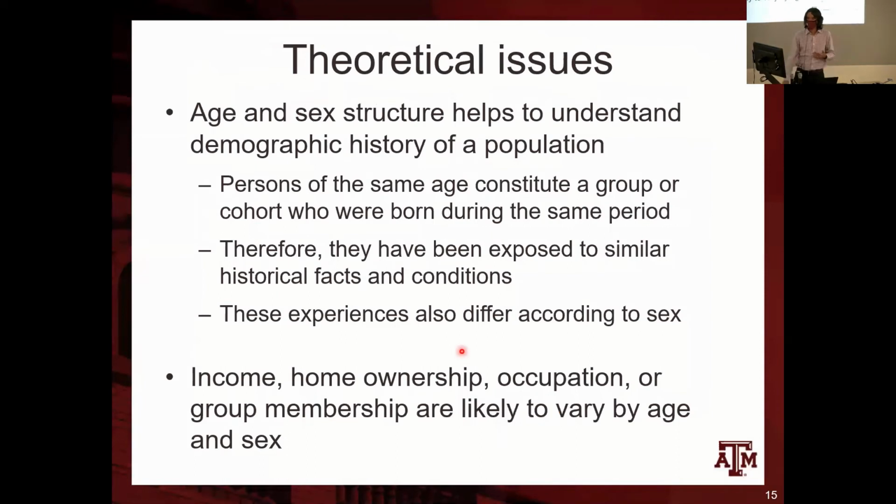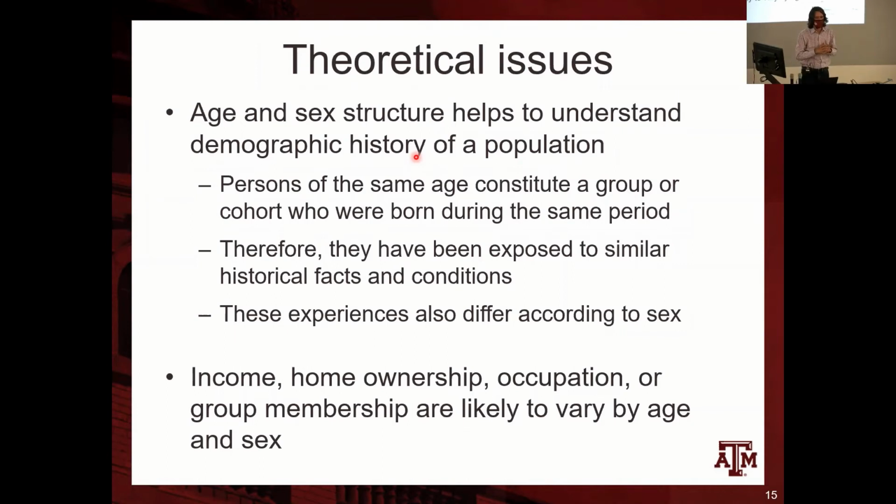And some general theoretical discussions that we have: why age and sex structure is important for us to understand the structure of the population by age and sex, because they help us understand the demographic history of a population. If we get data from previous years, we can compare to more recent years, and we can try to see what were the effects of changes in fertility, mortality, and migration on the structure of the population by